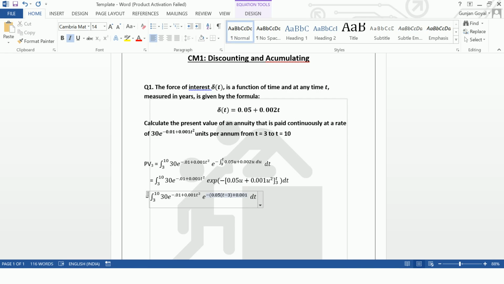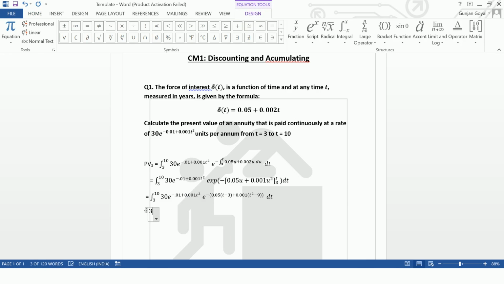0.001, you have (t squared minus 9), and I close this, and the entire bracket closes here. Okay, the brackets close and dt. And next line again you solve this. Once you solve this in calculator, you get this equation as, I'm just inserting equation so that my format remains the same, 30 e to the power